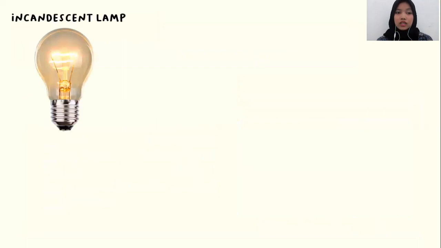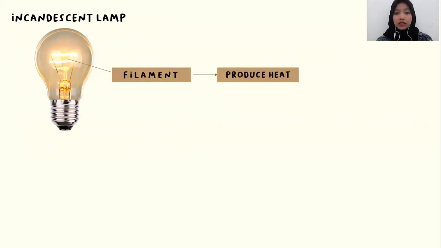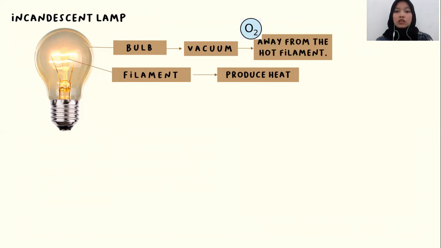Another case of radiation is the incandescent lamp. In an incandescent lamp, we have a filament, and the filament produces heat as it gets electricity. It also has a bulb, and the bulb makes the incandescent lamp a vacuum. So there is no air, there is no oxygen. What is the aim of making the incandescent lamp a vacuum? The aim is to keep oxygen away from the hot filament. If there is oxygen, the filament will burn. So the bulb is needed to prevent